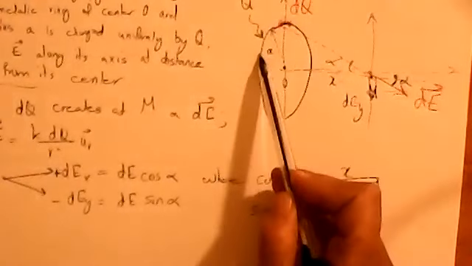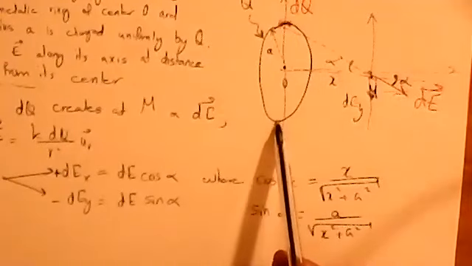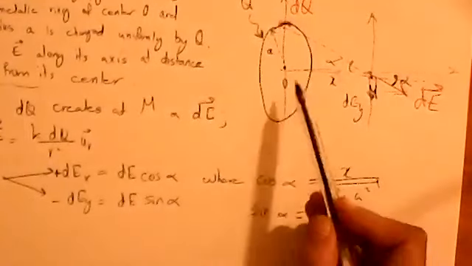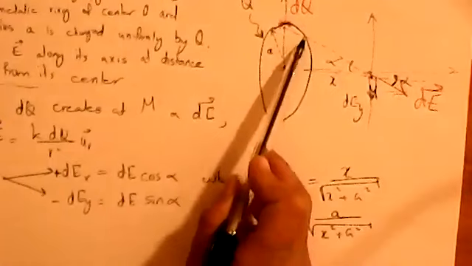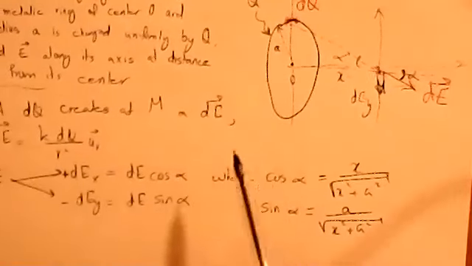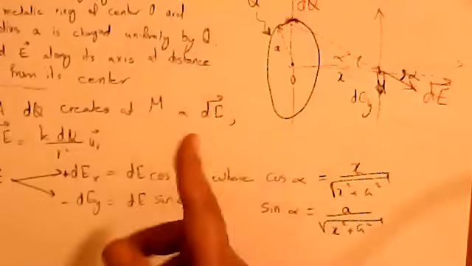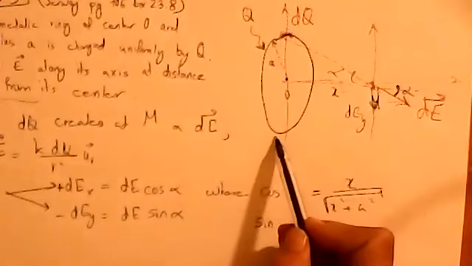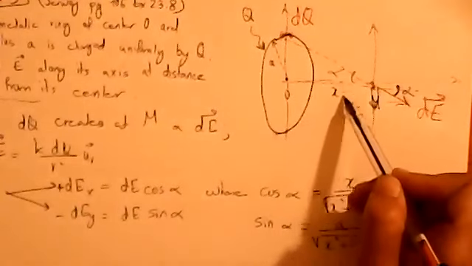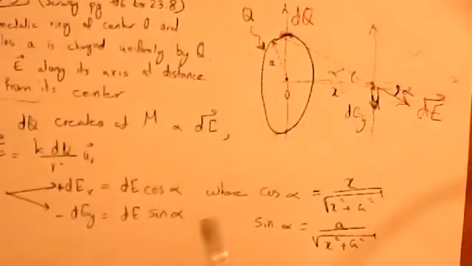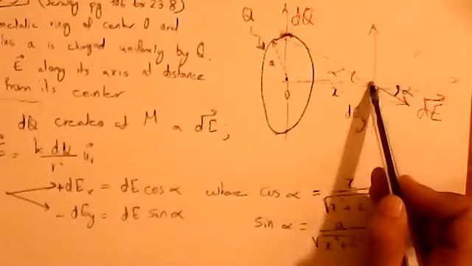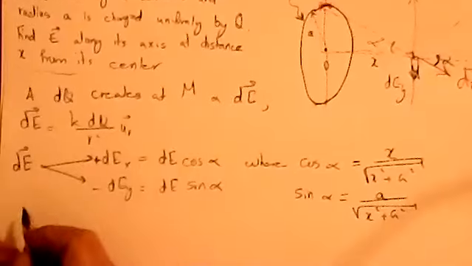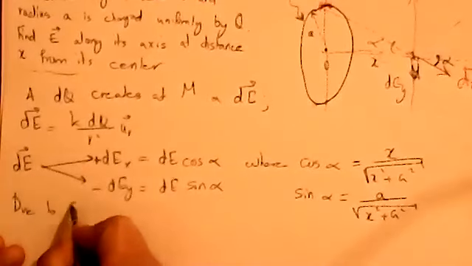Okay, ladies and gentlemen, what is clear from the figure? A dq in the upper part of this ring has a matching dq in the lower part of the ring, opposite to it. Remember this whole plane is lying this way, but we are drawing it flat. So what happens if I take a dq here instead? It will create a dE in this direction. When you project it, it has positive dEx or positive dEy. So what happens? We have, due to symmetry,